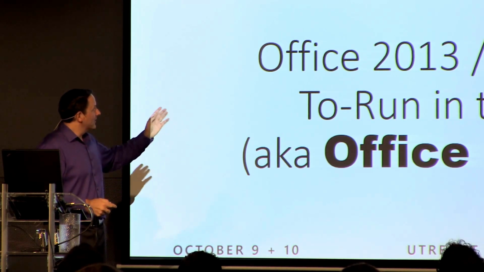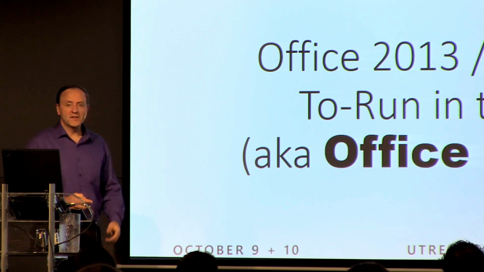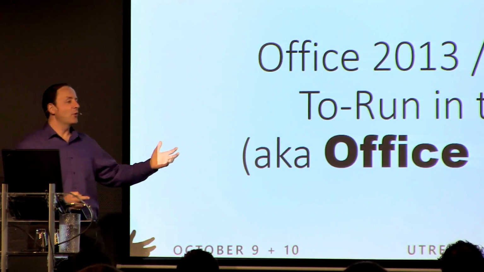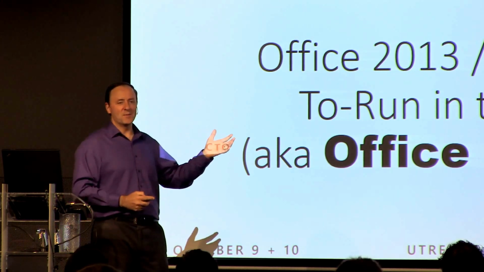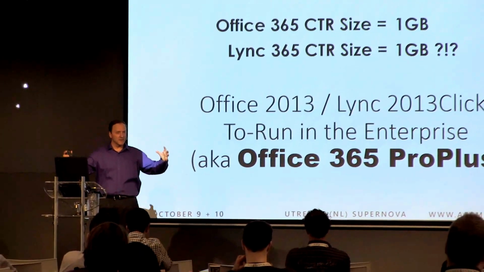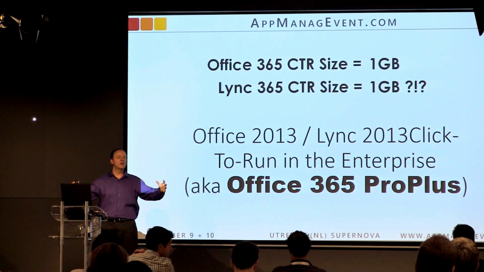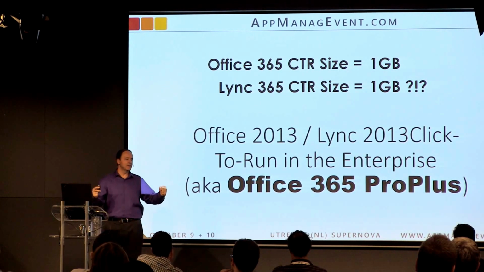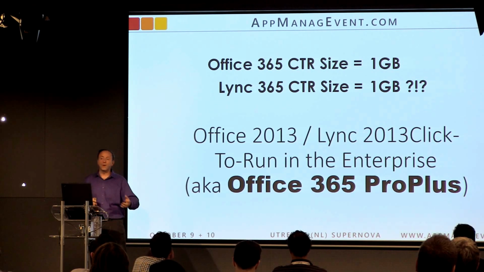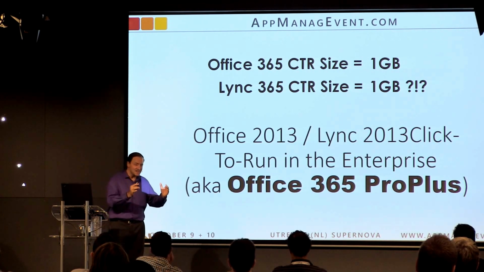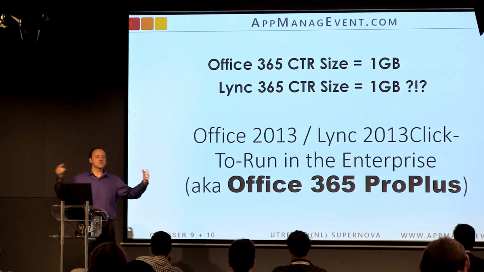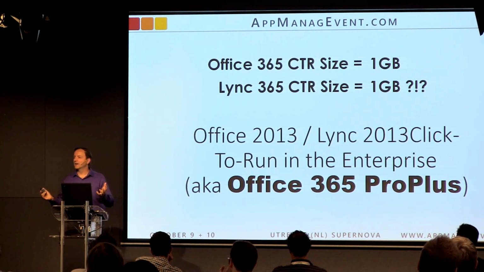So we're going to try to unravel some of that, but Office 365 Click to Run size is about 1 gigabyte. And a lot of you think, oh, we're going to deploy Lync. It's going to be a really light-duty deployment. No, it's going to be 1 gigabyte. Microsoft architected the entire Click-to-Run bundle to come down at once. Customers demanded, we want to send only individual apps. Consequently, when you say, don't send Word, don't send Outlook, the only thing that doesn't get sent is the executable for that app, and all of the file type associations and COM registrations still go to Outlook 2013.